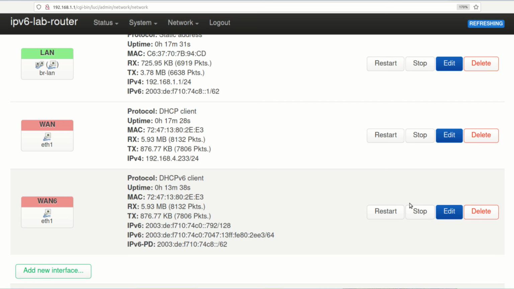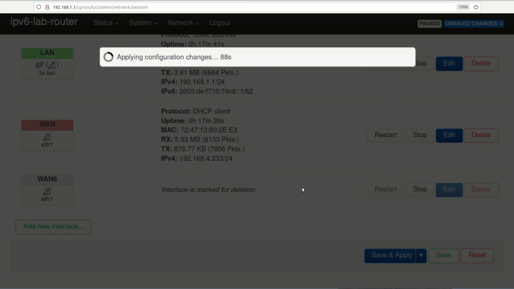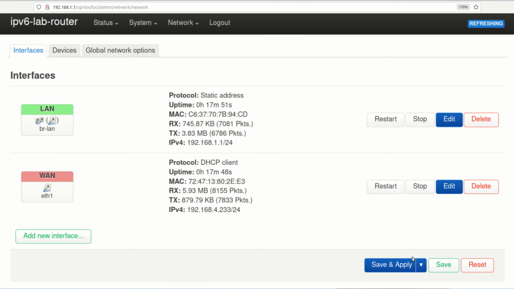Before we dig deeper into the LAN configuration, let's quickly check two more possible situations. Maybe you had deleted your WAN6 interface in the past, or your WAN interface is a PPPoE interface. So let me delete my WAN6 interface and recreate it. Add new interface,